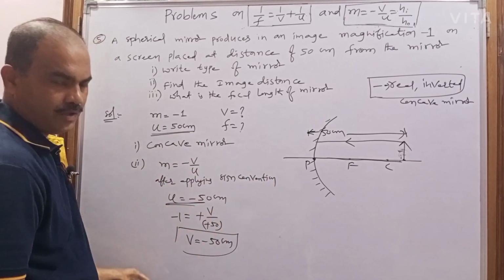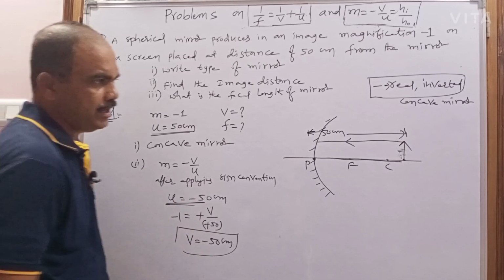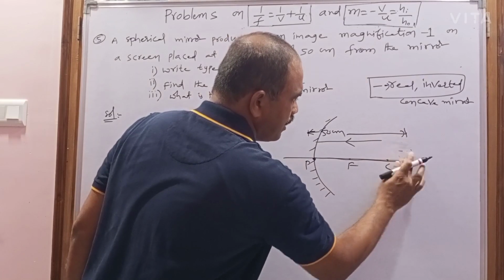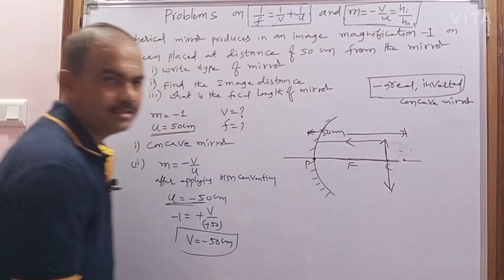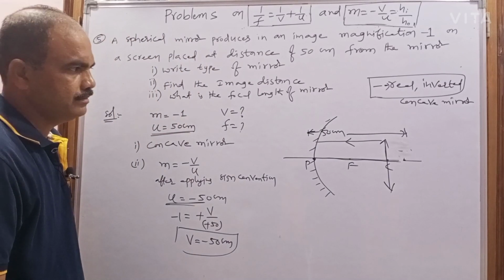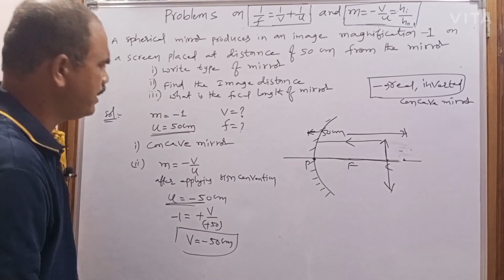And again you calculated the image distance. That is also how much? That is also 50. And now you can guess, so where is the object? The object is at C and the image is also formed at C. So where is the object? The image is also the same place, and you can also guess by using this equation.